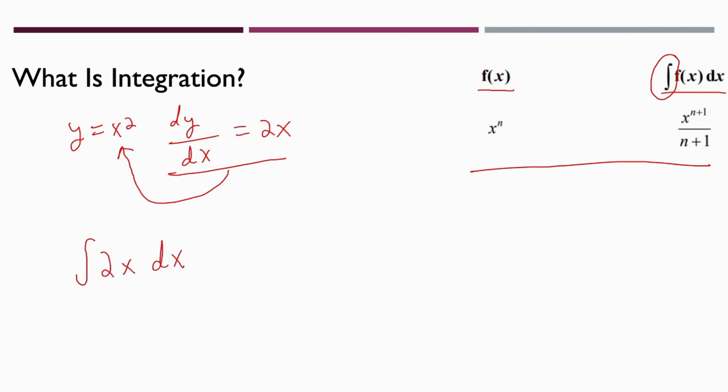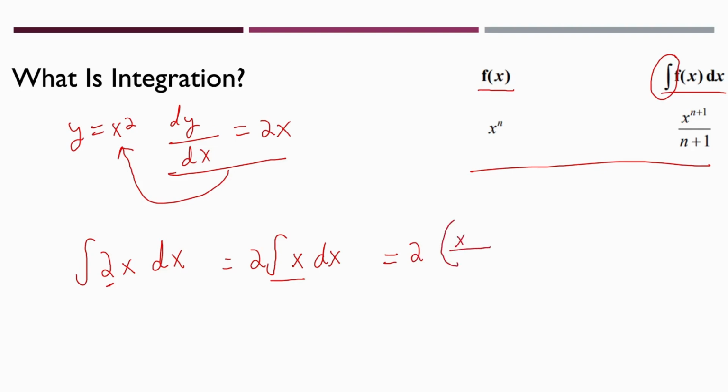So this is how you're going to write it, and then you know that 2 is just a constant, so it can be moved outside, it doesn't matter. So it can be equal to 2 and then like this. So you only have to integrate the x and then you can multiply it by 2. So now let's do that. Let's apply it into the formula. So basically it's going to be something like this: